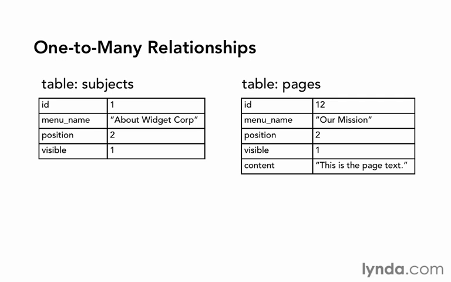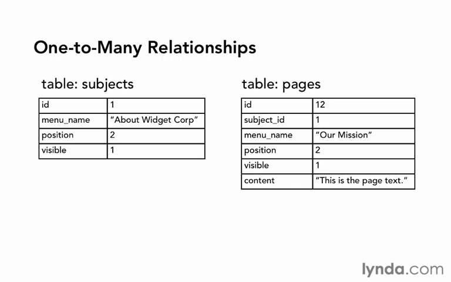What I need to do is add a column to one of them where the values will reference rows in the other table. And we're going to do that on a one-to-many relationship. We're going to do that on the many side, not on the one side, but on the many side, we'll add a column. So I'm going to add a column between ID and menu name called subject_ID, and it has a value of 1. That relates to the value 1 that we have over in the subjects table. So now we have a relationship, and that's because now, if I have a page and I want to know what subject it belongs to, let's say I want to find its menu name,